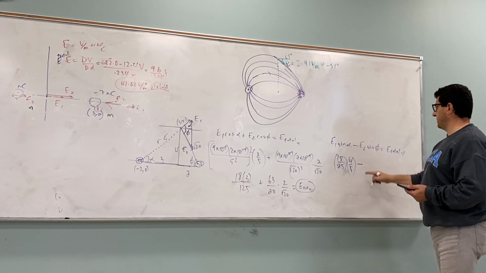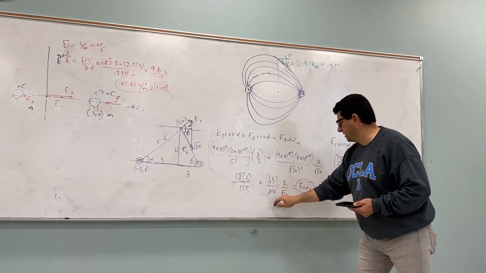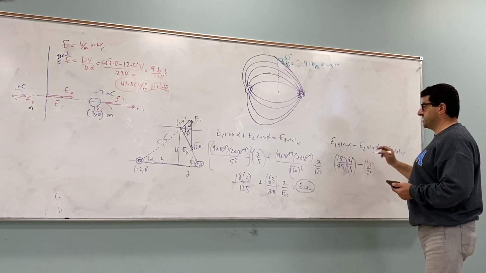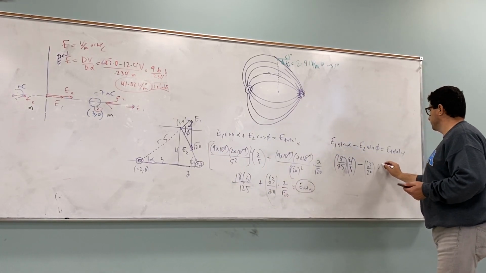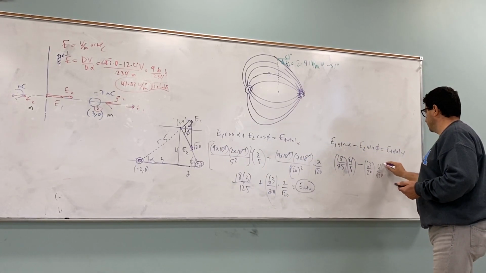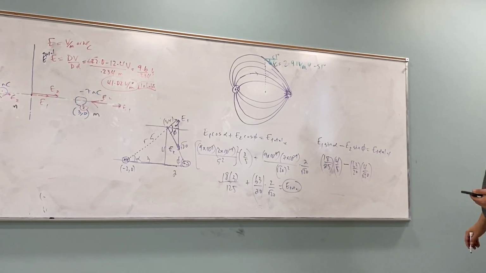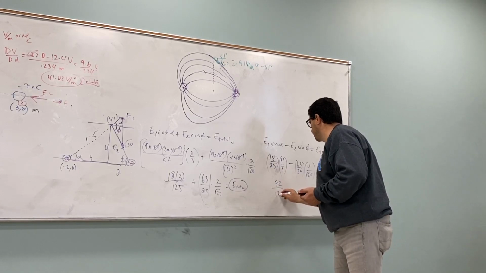Then you're subtracting E2, which is still 63 over 20, times sine of phi, which is 4 over root 20. So it's going to be 72 over 125